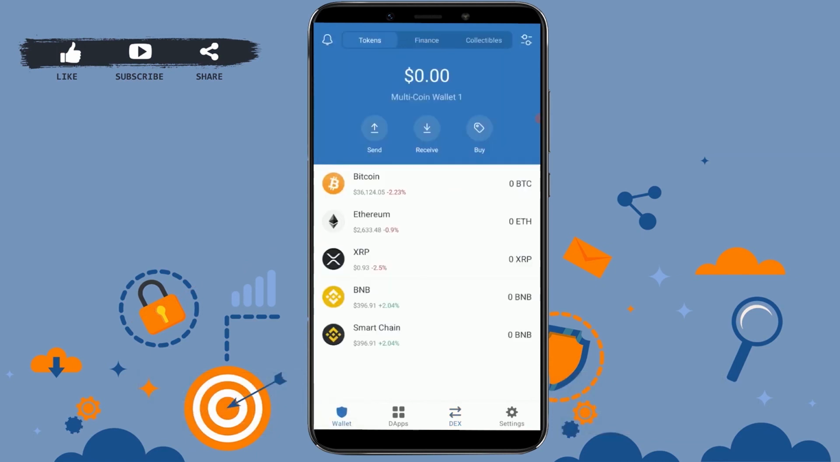This is the overall picture of Trust Wallet, where you can receive and send cryptocurrencies from one wallet to a different wallet. Hope this overview was useful to you and you have almost an idea of how you can use Trust